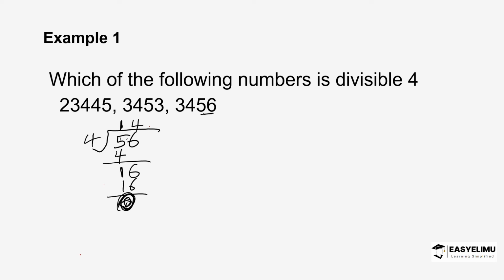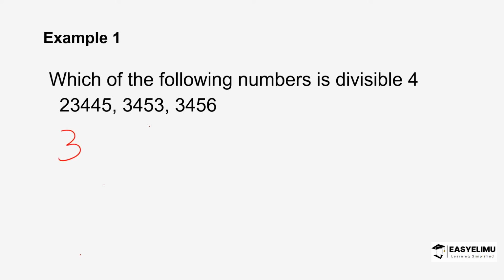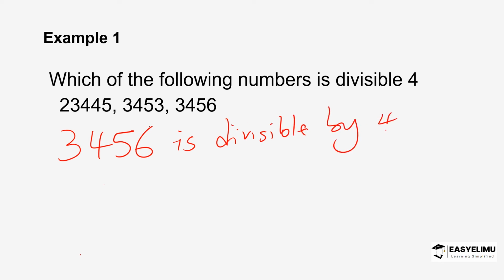So because the last two digits of this number form a number 56, and 56 is divisible by 4, then we can conclude the whole number 3,456 is divisible by 4. So this is how you'll be able to frame the answer. How are you supposed to express the answer? Because the question is, which of the following numbers is divisible by 4? So you'll write 3,456 is divisible by 4, since